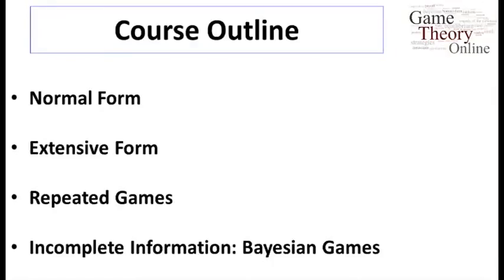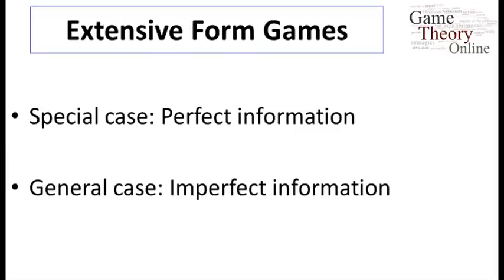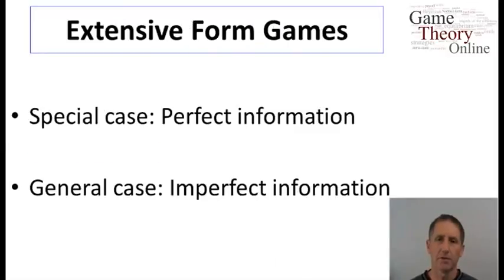So we've seen one form of games, the normal form. Let's now move to the second very common form, and that is the extensive form. The extensive form comes in two flavors, a special case called games of perfect information and the more general case, games of imperfect information. We'll start with a simple form of games of perfect information, and perhaps the best way